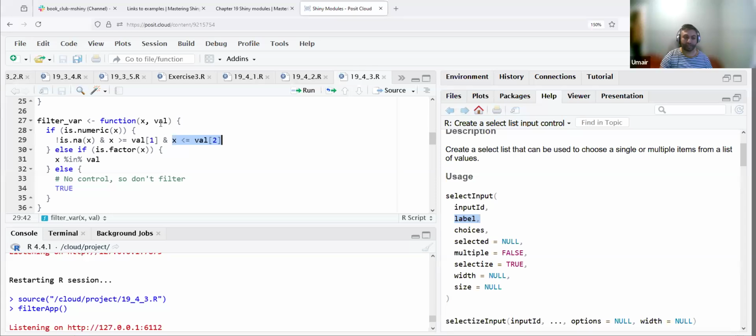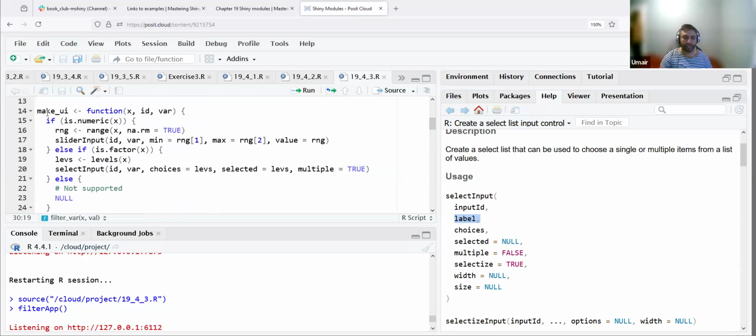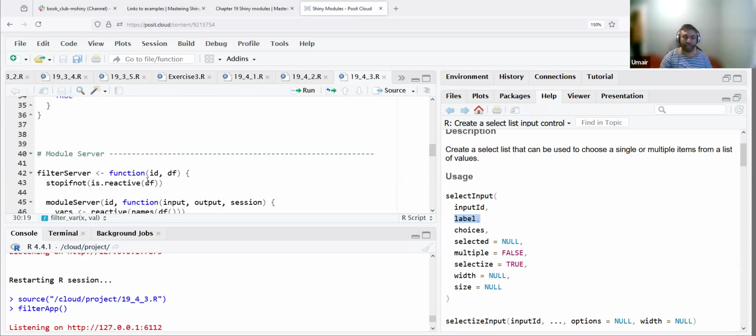that variable. And then if we check if it is a factor, then we check if x is part of the val. And otherwise, we don't control anything and simply return true. So as we see, this is either going to return as true or false. So with filter var and with make UI, now we are ready to create our